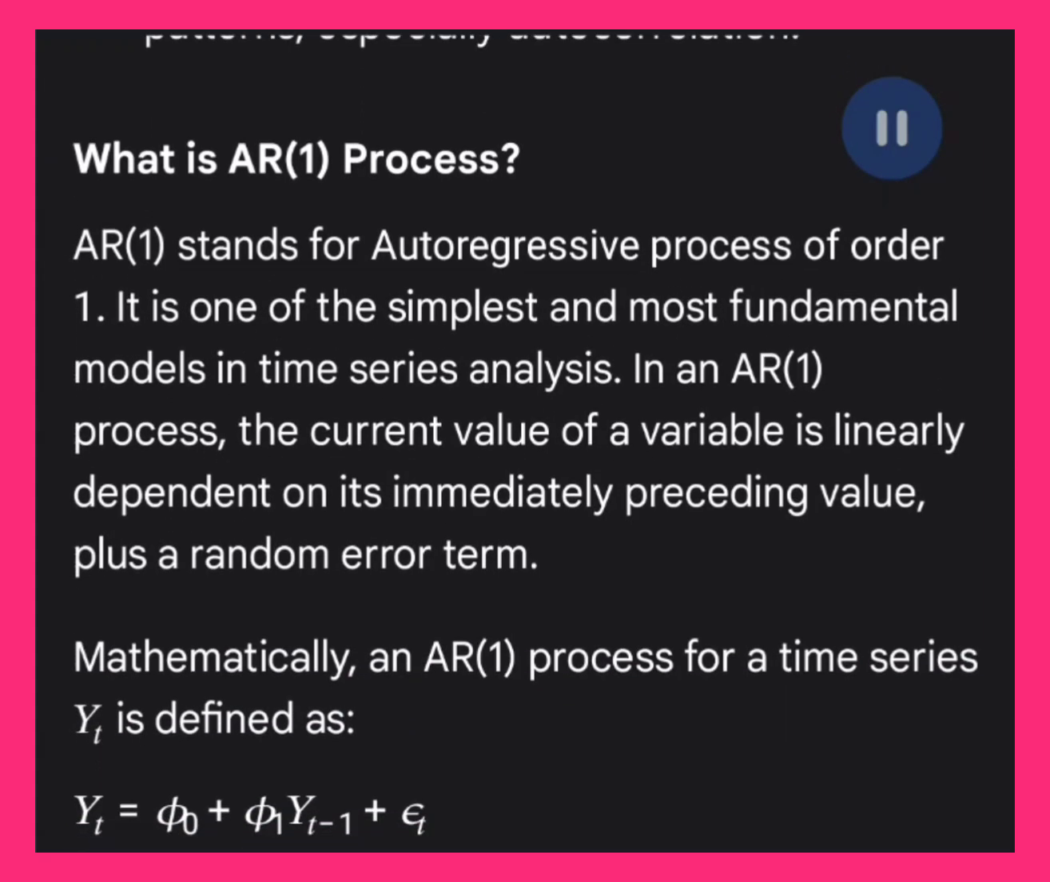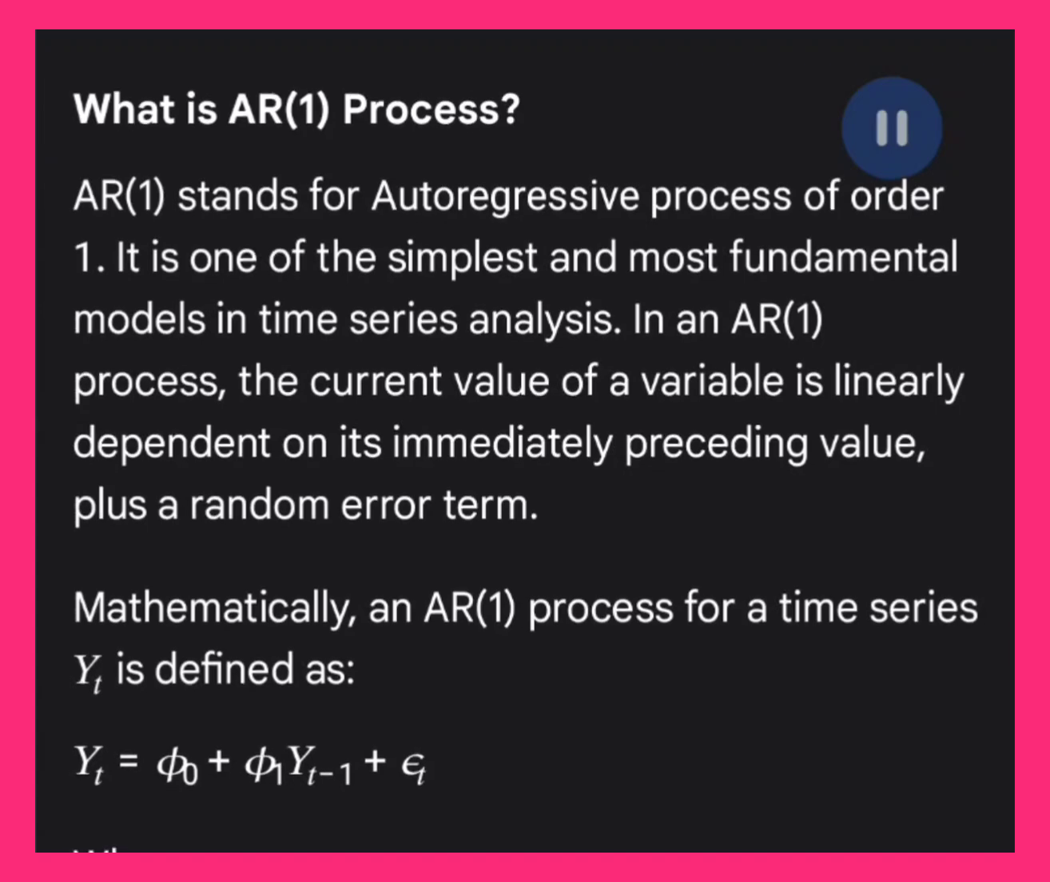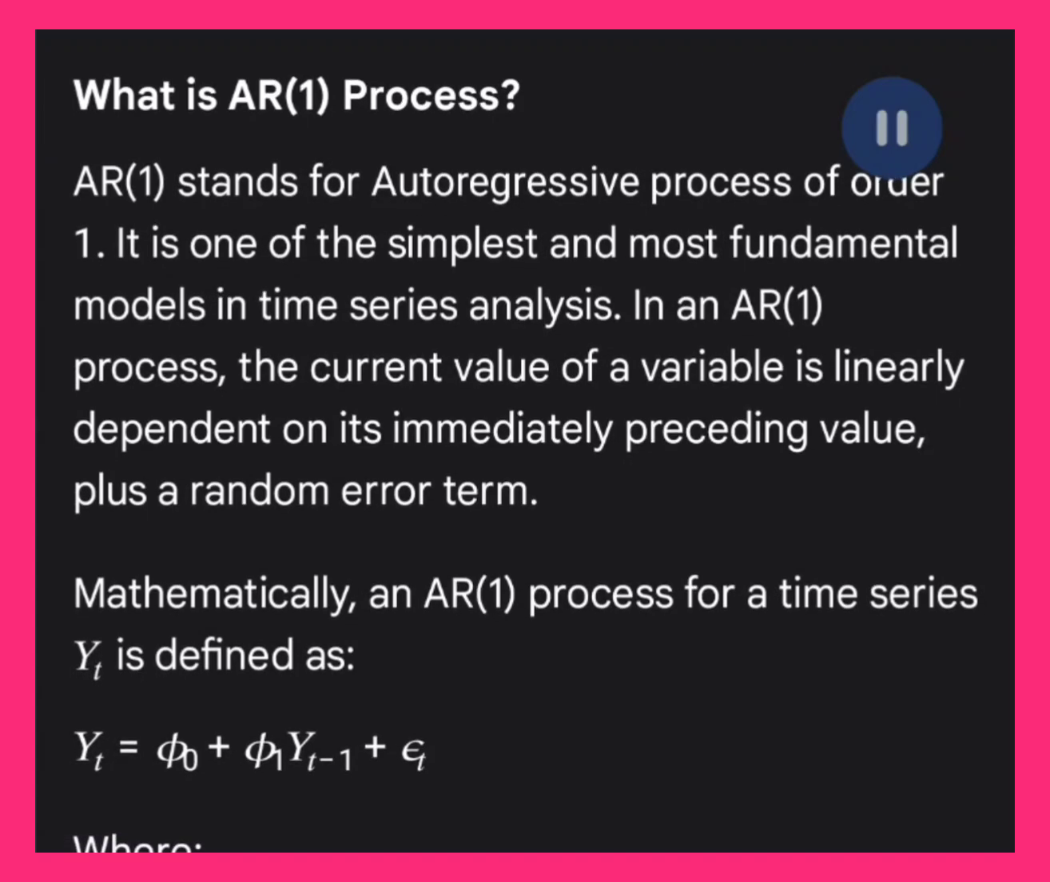AR(1) stands for Autoregressive Process of Order 1. It is one of the simplest and most fundamental models in time series analysis. In an AR(1) process, the current value of a variable is linearly dependent on its immediately preceding value, plus a random error term. Mathematically, an AR(1) process for a time series y_t is defined as y_t = phi_0 + phi_1 y_{t-1} + epsilon_t,